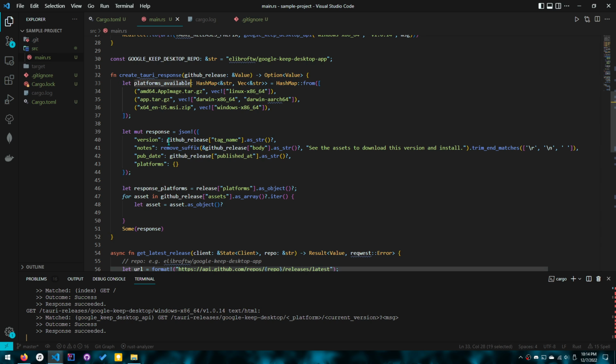So how do we iterate for each platform available? Well, since it's a map, you can actually iterate through it. We can do for extension and for platforms, OS arch, I guess this is a better way to say it. So for in platforms available .iter,